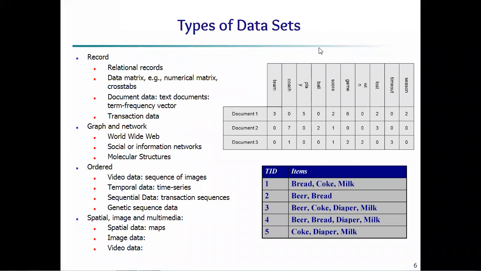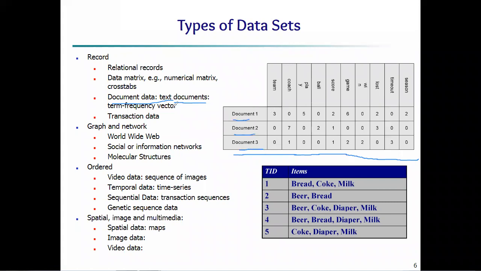Now, the new concept for you is document data. What is meant by document? Text documents are given. This is a matrix, we can say, a data matrix in terms of documents. This document matrix is what is called text documents. How are text documents represented? For example, document 1, document 2 and document 3 are given in rows.